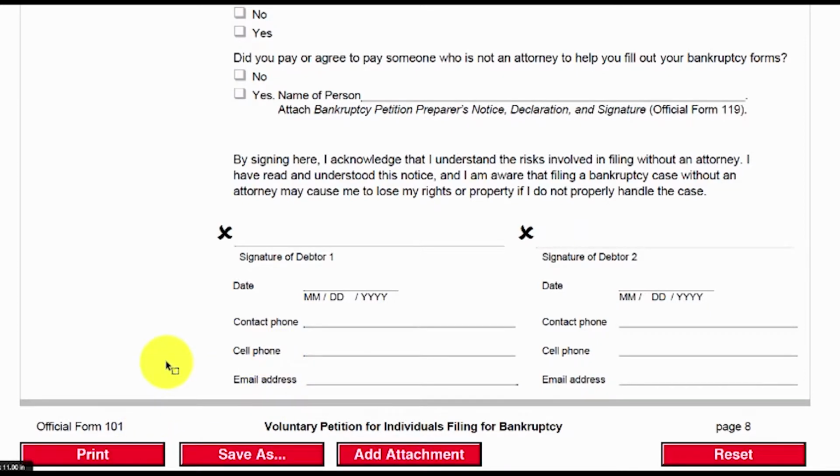That is Form 101. You can download the form on your local bankruptcy website for the jurisdiction where you're filing. Most of the forms are fillable PDF format. If your local jurisdiction doesn't have online forms, you can go to the U.S. Bankruptcy website, their general website. All of the required forms are right there. I've posted a link to that page in the